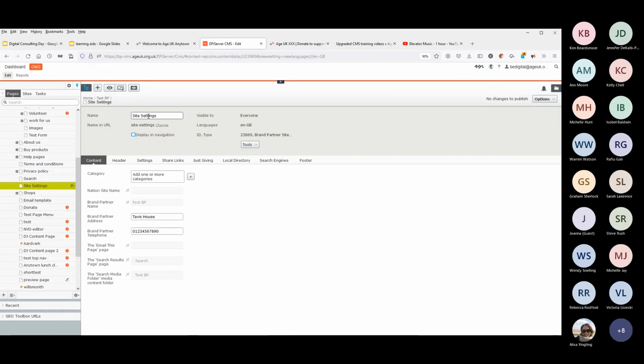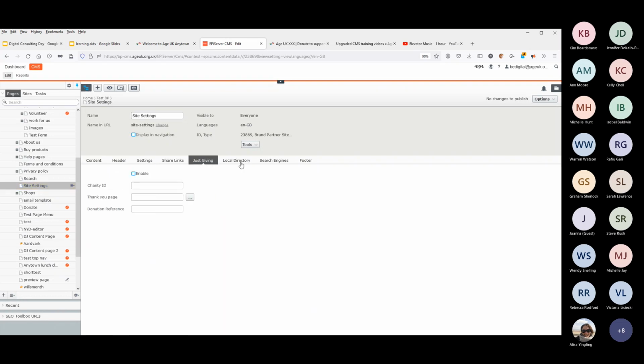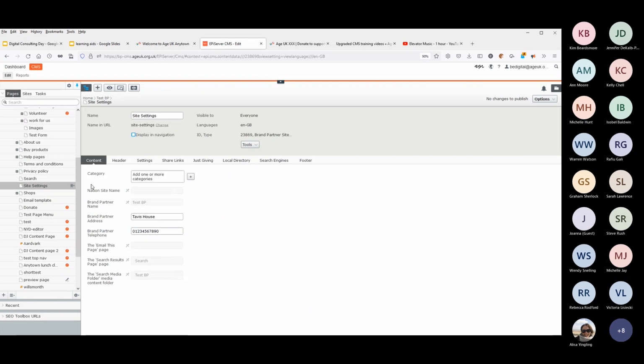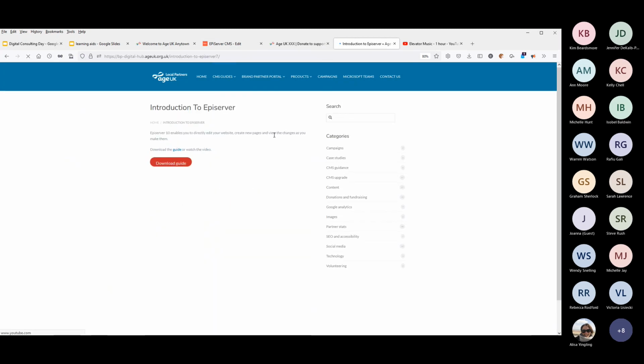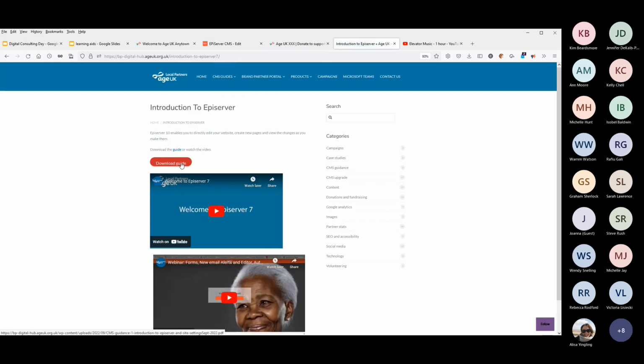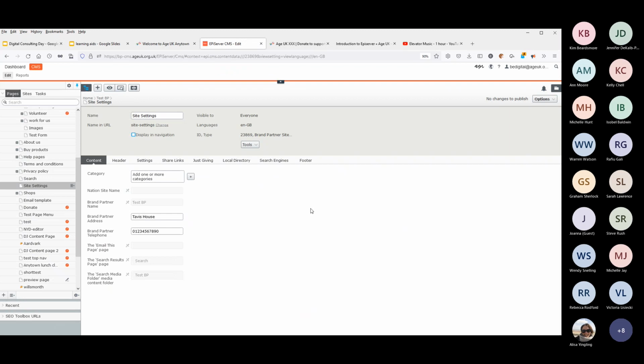But you'll all have one called site settings, and it's got a series of tabs across the middle, which I'm just going to go through now. Also, if you go to the CMS guides and go to Introduction to EPiServer and download the guide, everything that I'm talking about and all the instructions are in there, so you'll be able to find them. But if we go through each tab individually,